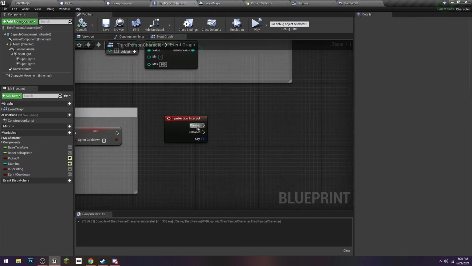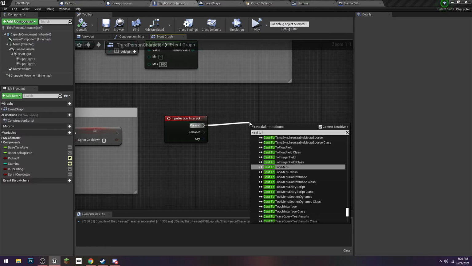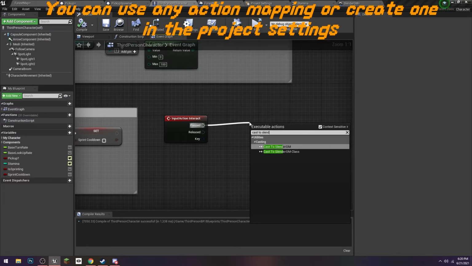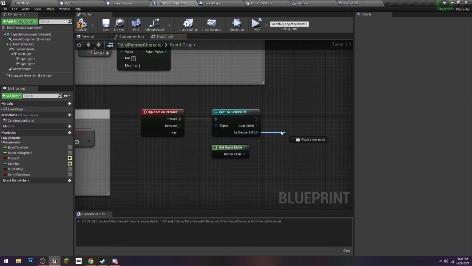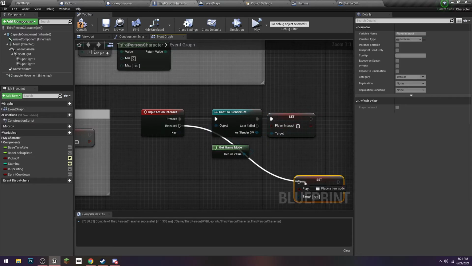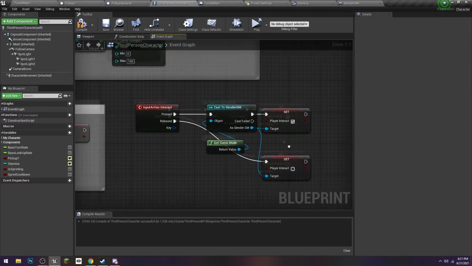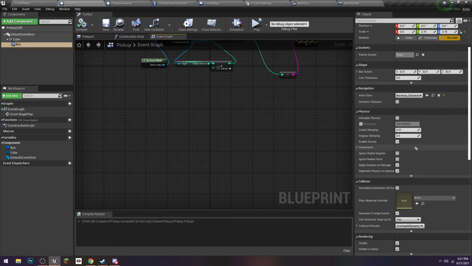And what we're going to do is whenever we interact, we're going to cast to our game mode to get that variable. So let's set player interact to be true, and then set it to be false right here. Okay, so now that we have that set up, let's get our box right here, and let's come down here,